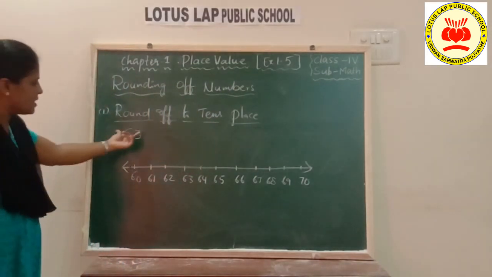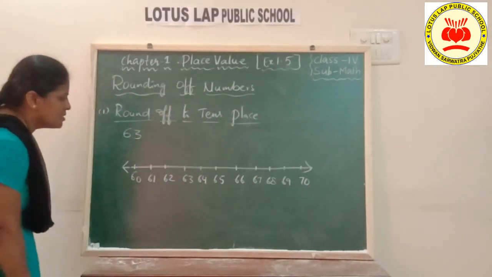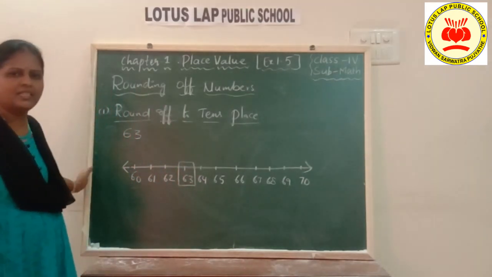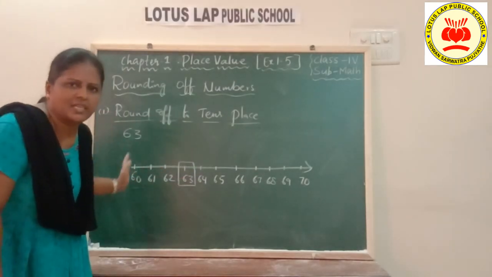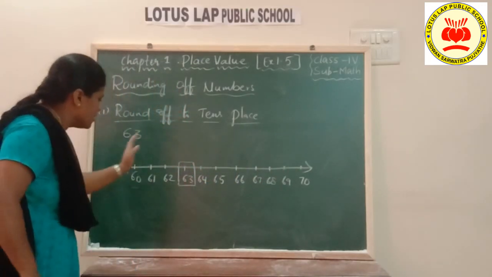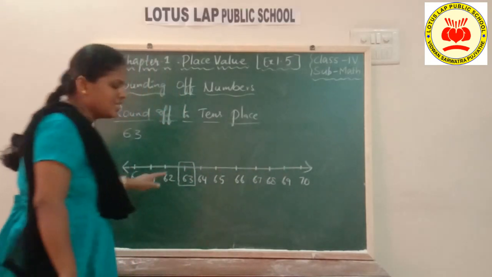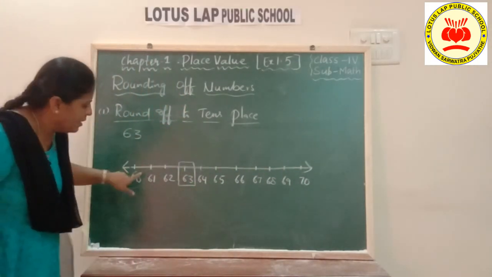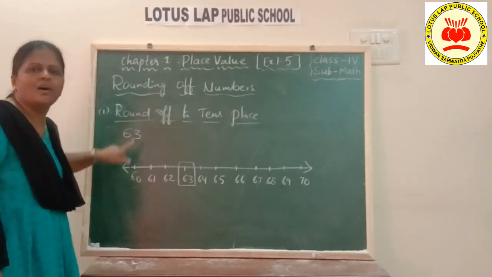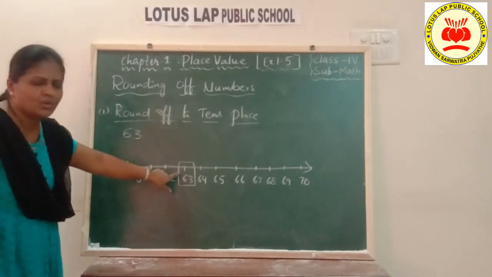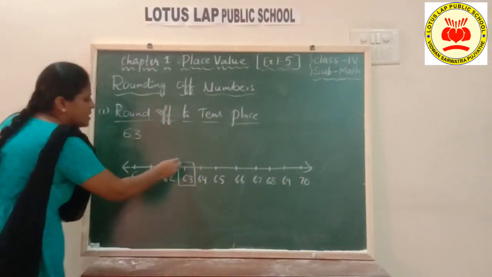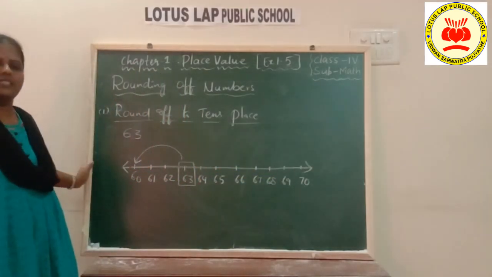Now let us see where 63 lies on this number line. So 63 here, children. The number 63 is here. Now let us see 63 is closer to which extreme. Whether it is closer to the left extreme or the right extreme, or whether it is closer to 60 or 70. 63 is obviously, as you can see, very much closer to 60. So 63 is rounded off to 60, children. The number is closer to which number you have to see. It is closer to 60, not closer to 70. So 63 is rounded off to 60, children.